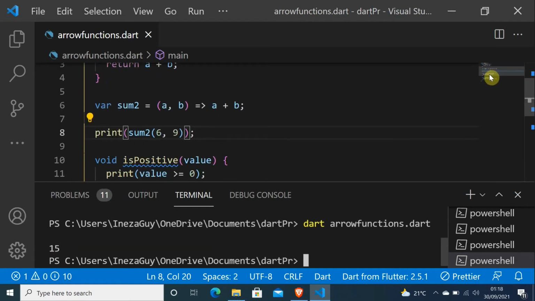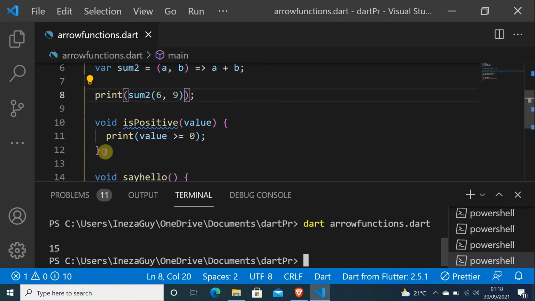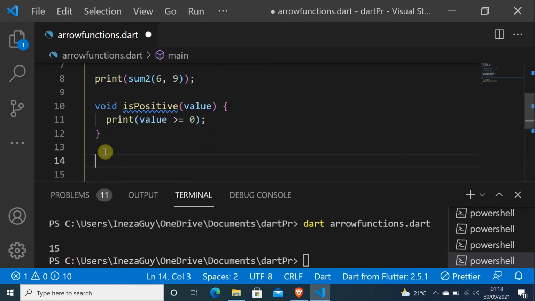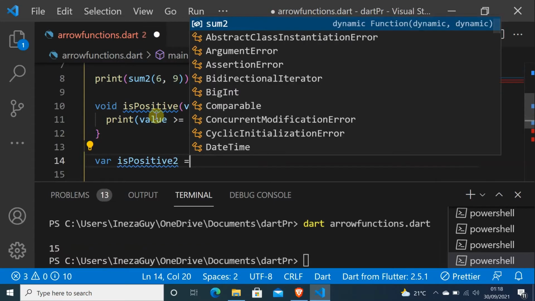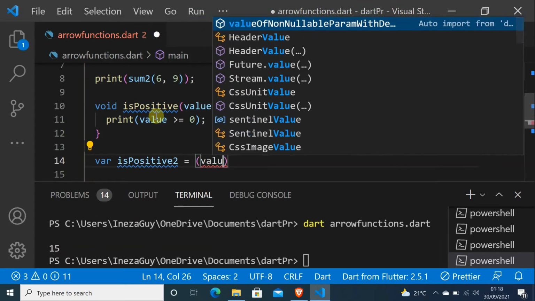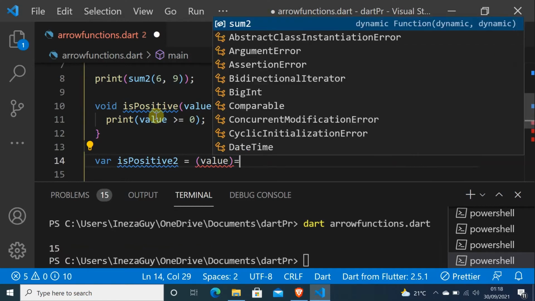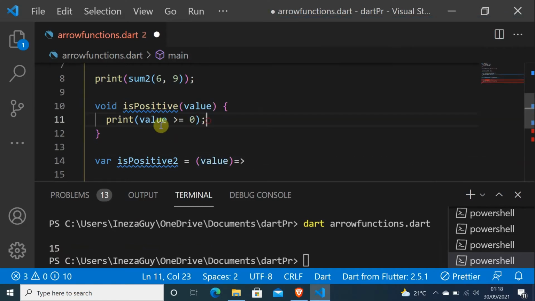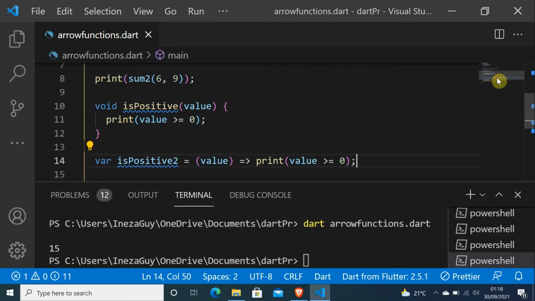So let's transform the second one. I will do var isPositive. Here we are checking if a number is positive. It's isPositive2 is equals to value, then the arrow, and let me just take this and paste it here, and this is transformed to